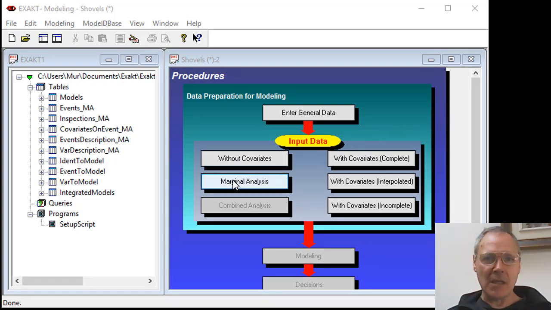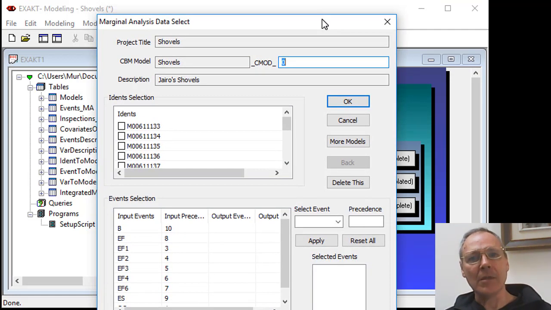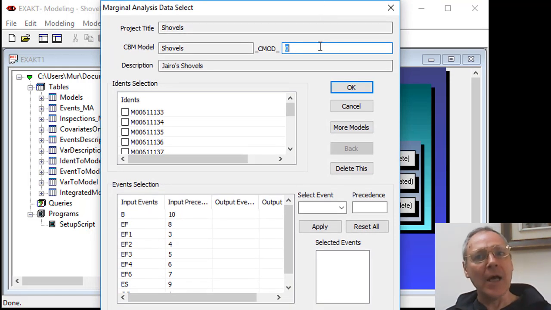Hit the Marginal Analysis button. Marginal analysis refers to complex items. A dialog pops up. I'll specify the first failure mode for which we want to build a predictive model. Change the extension to 1. Any descriptive text can be used here. I have no idea what failure mode this is, so I'll just number it as its events are numbered in